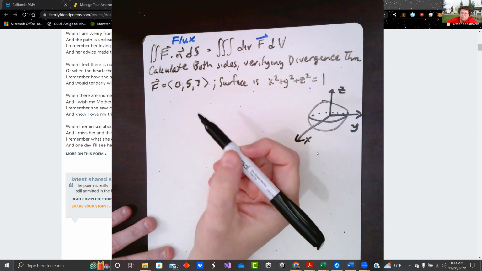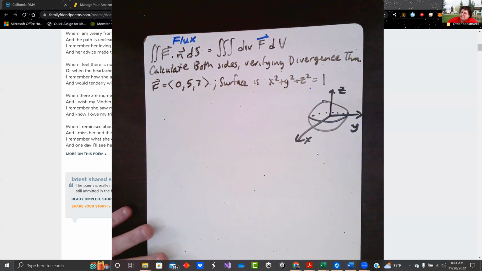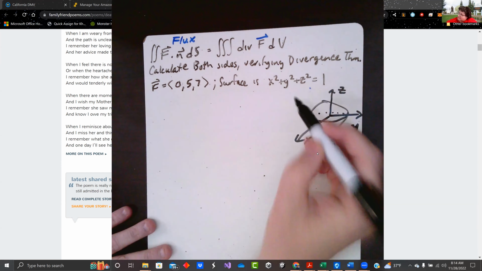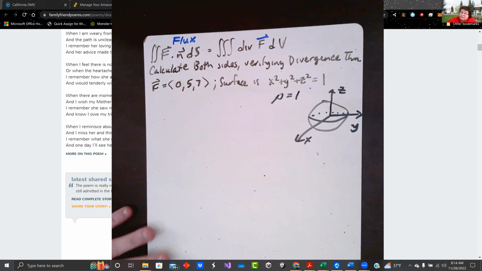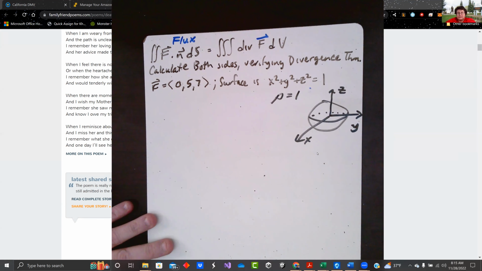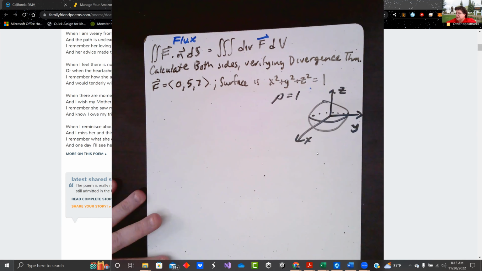I don't know, how do you guys want to do this? Because this is a sphere where rho equals 1. So one way, if we wanted to do rho equals 1, we could do spherical